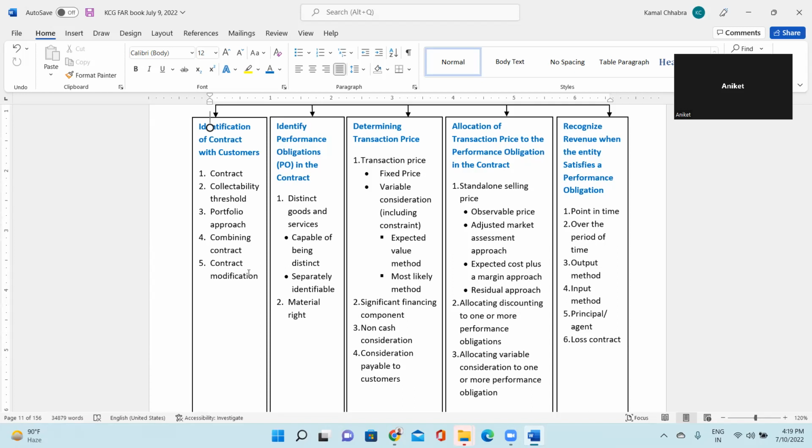Cool. So next one is residual approach. When none of these above apply, then only you will go with the residual approach. In residual approach, for example, you have 5 things. For example, you are taking a laptop, right? In the laptop, you got hardware, operating system, window, and your antivirus, right? You have the sales price for hardware, you have a sales price for Windows, you have sales price for the antivirus, but you do not know the sales price of the operating system.